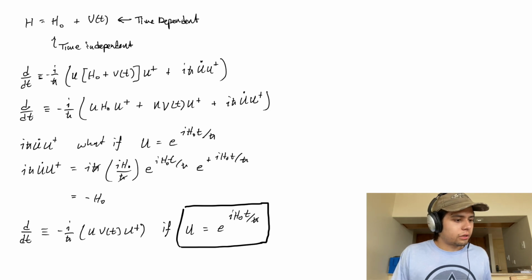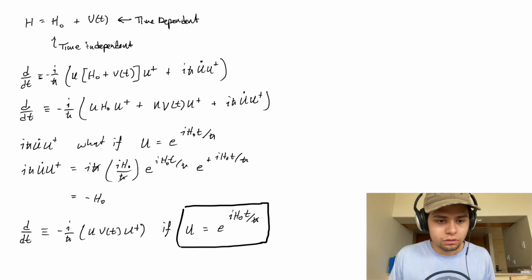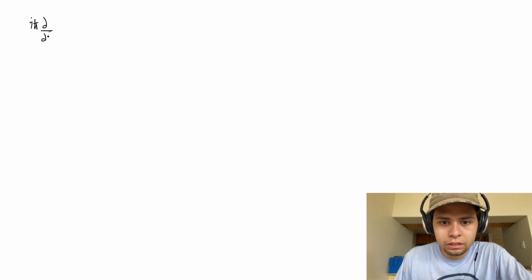So the next thing I want to go over is, what is u in terms of the time dependent part of h? In order to do that, let's take a look at the Schrodinger equation again. Typically, when we're looking at the Schrodinger equation, we have i h bar d dt, and we're operating on some